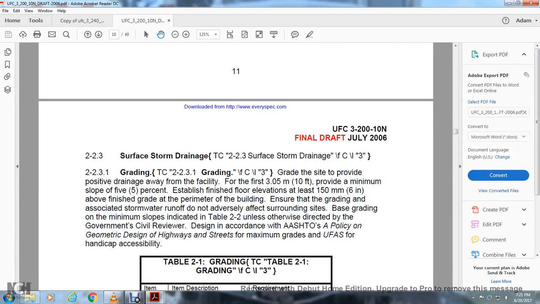Surface storm drainage, grading. Grade the site to provide positive drainage away from the facility for the first 10 feet, with a minimum slope of 5%, and establish finished floor elevations at least 6 inches above the finished grade of the perimeter of the building. Ensure that the grading and associated stormwater runoff do not adversely affect the surrounding areas, using the minimum slopes indicated in Table 2, unless otherwise directed by the government civil review